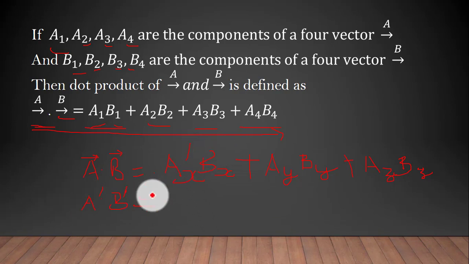A x prime, I am writing it here, suppose this value is here. So A prime dot B prime will become what? Ax prime Bx prime plus Ay prime By prime plus Az prime Bz prime. So this will become their dot product, and because the dot product is what gives you the net flow, this value is not going to change.